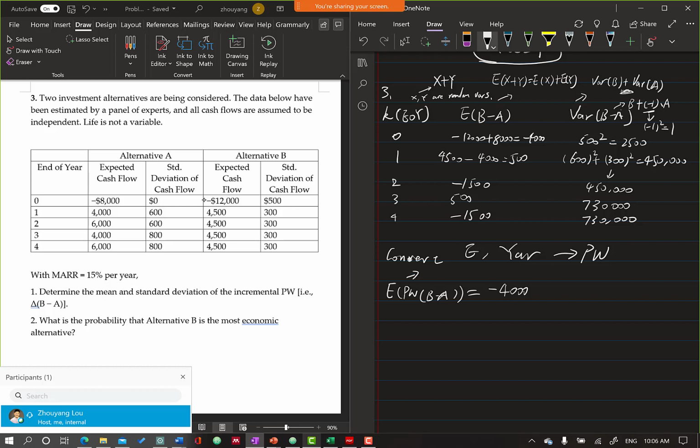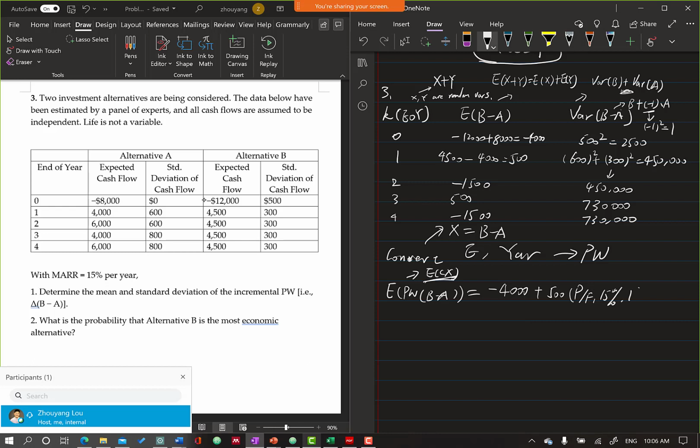Yeah, so just a reminder for doing this, we just use this concept. So it's constant times x. So x here, you can just take x as b minus a. B is a random variable, a is a random variable, so b minus a is still a random variable, and we can simplify that notation as x. So we can have this form still applied, and then for the first year, 500 p given f, 15%, 1